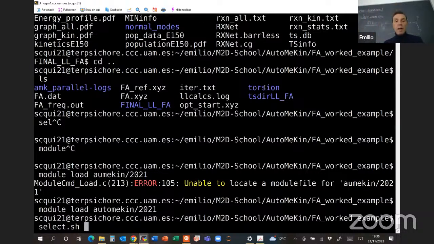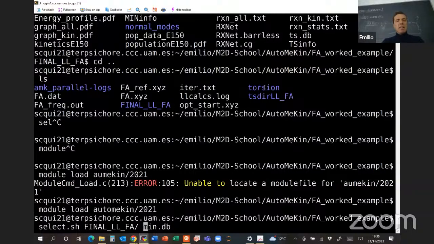You have to go one directory back to the working directory. You have to be in the working directory, not in the final directory. And once you are there, you have to tell which is the final directory and which is the table, for instance, minimum DB,